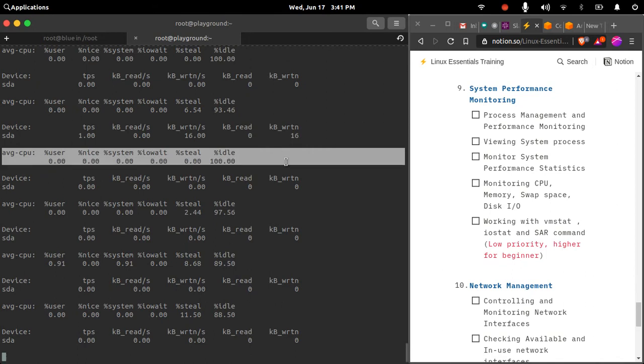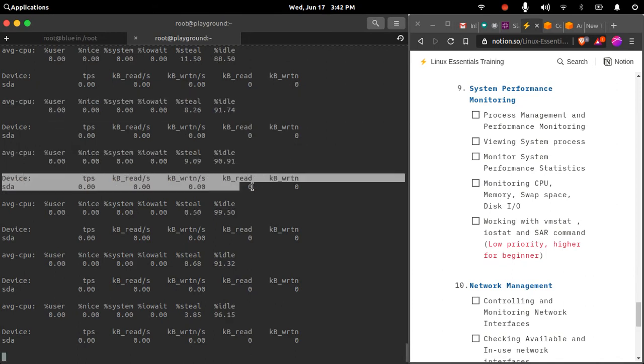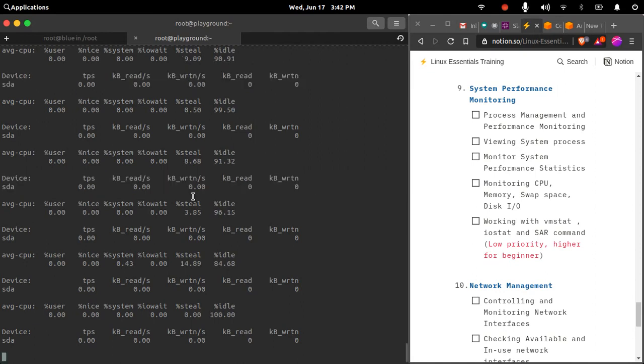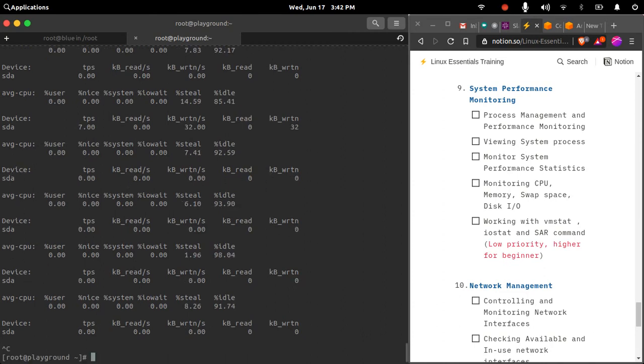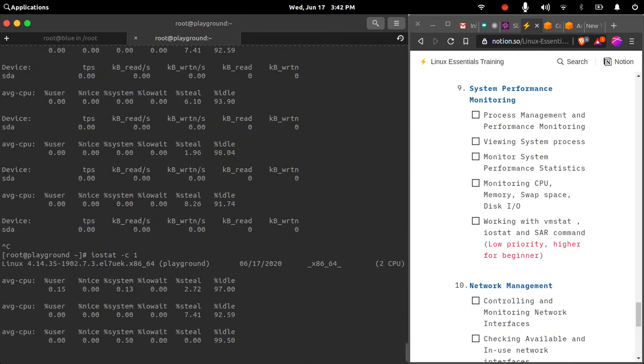By default it will print the average CPU usage as well as the disk performance. I have only one disk available here, that is SDA, and it is printing the statistics of the SDA device. This is the instance that you have access to. Now if I do iostat -c 1, it will only print the CPU usage.